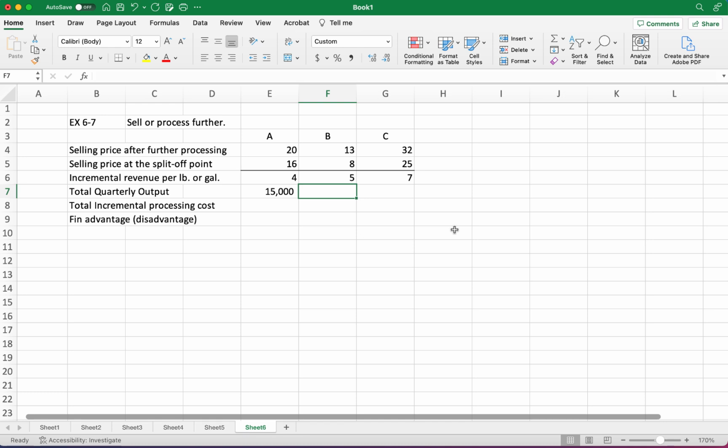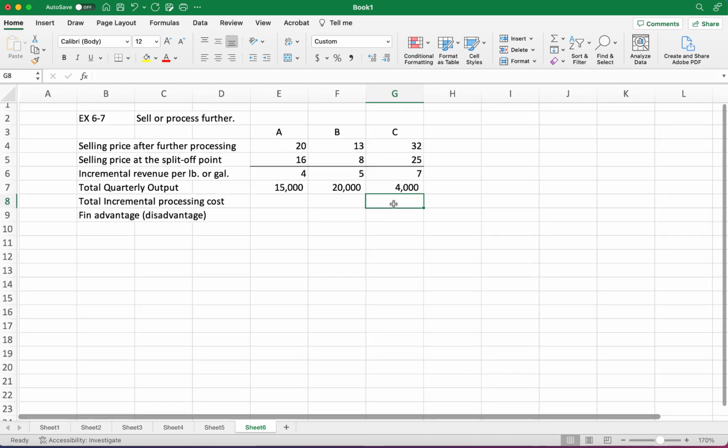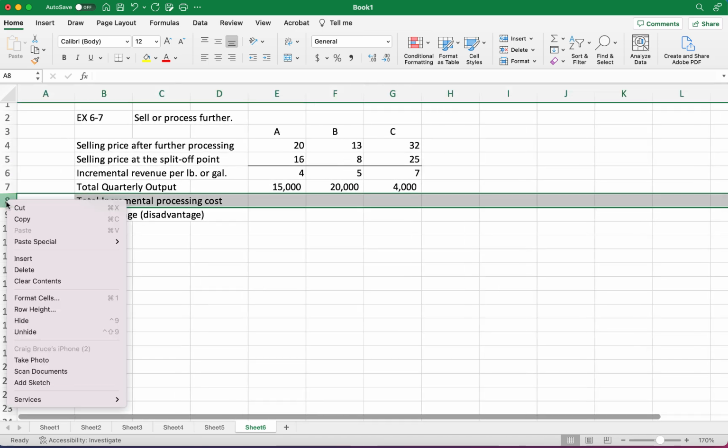They tell us that the quarterly output for product B is 20,000 pounds. They tell us that the output for product C is 4,000 gallons. So we're going to take that, and we can figure out